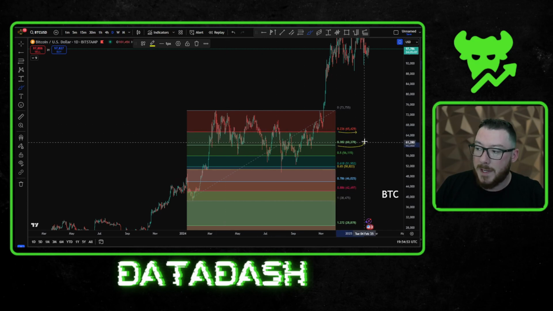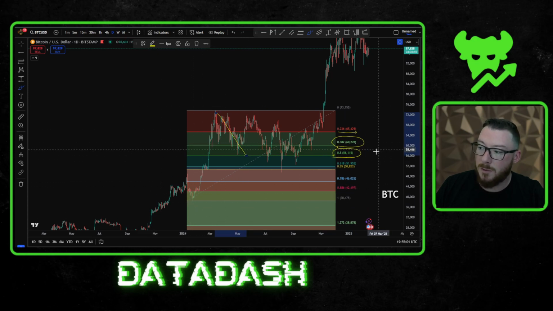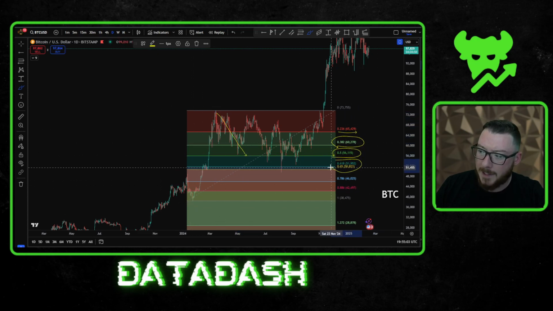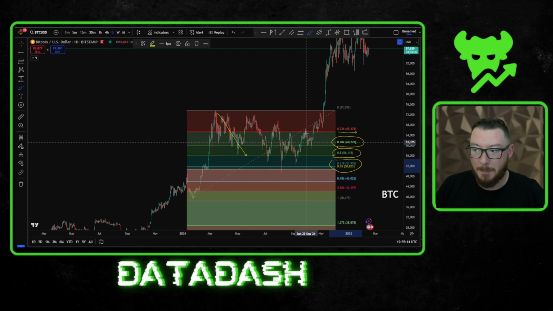The 0.382 is a big one that I actually utilize really heavily. We've got the 0.5, so the 50% retracement, which we covered earlier, right? That's 50% of that overall impulse move up. And then the one I want to really highlight is this golden pocket. So it's 0.618 to 0.65. So once again, not a 65% price action retracement, but it is 65% of that boxed area that we were